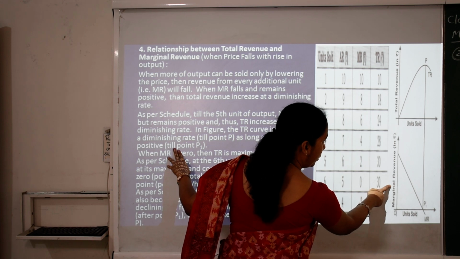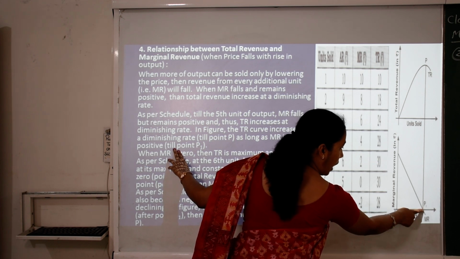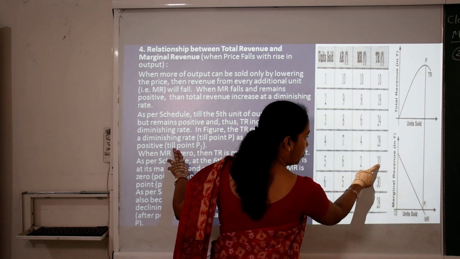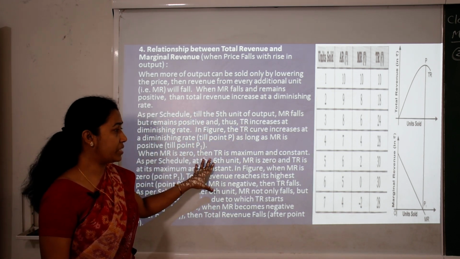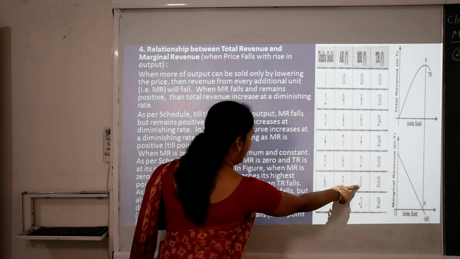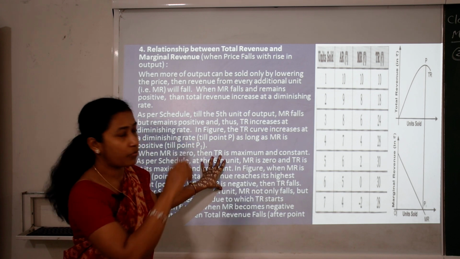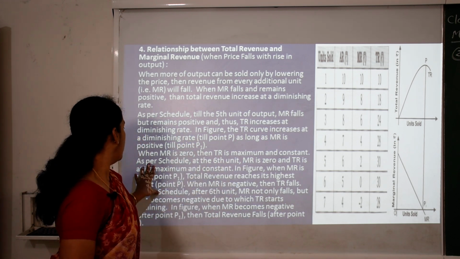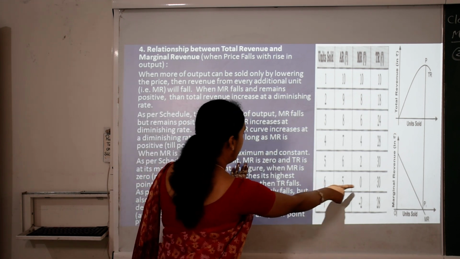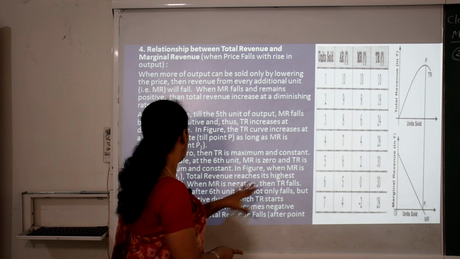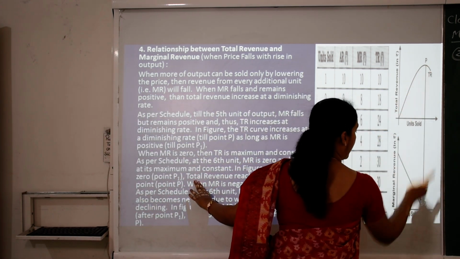Now here this marginal revenue curve is also positive only till point P1. After that it will be negative. When marginal revenue is 0, that means at this point of time, total revenue is at its maximum, that is 30, starting from 10. As per the schedule, at the 6th unit, marginal revenue is 0 and total revenue is maximum. So in the curve, total revenue is maximum at point P